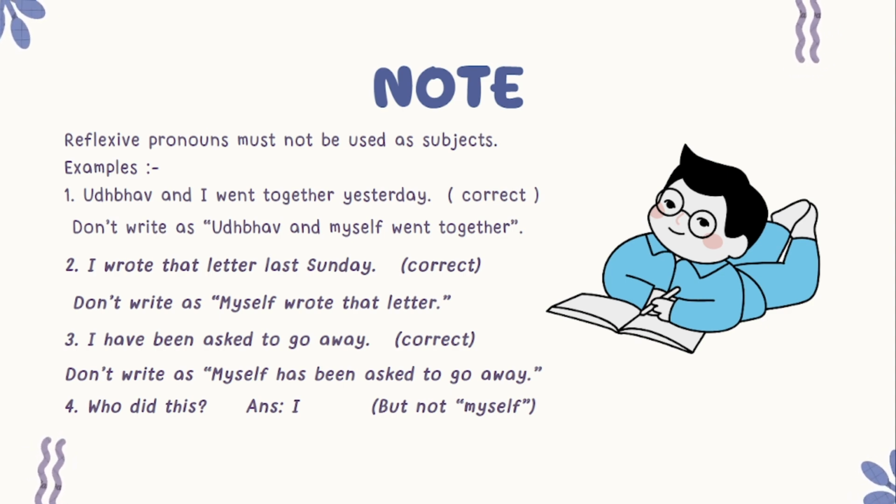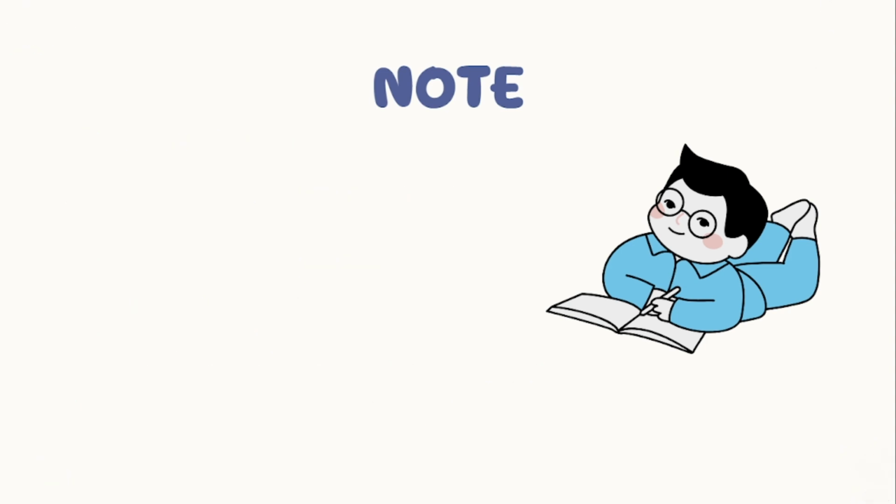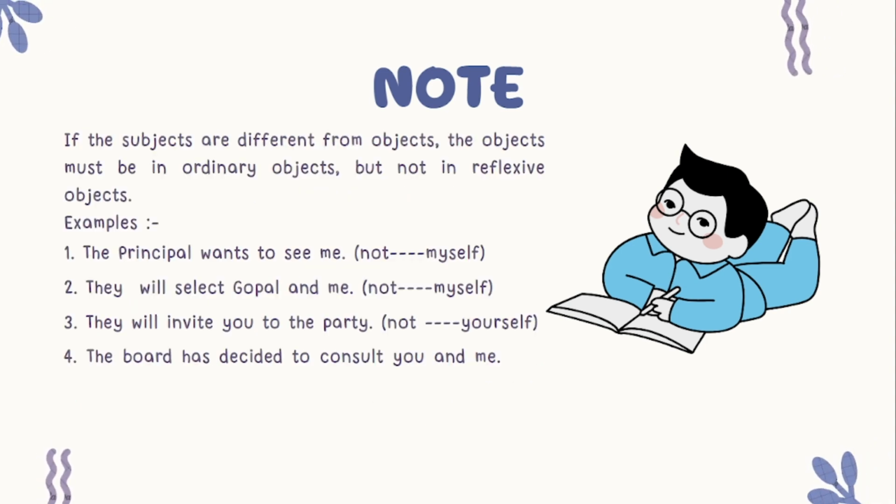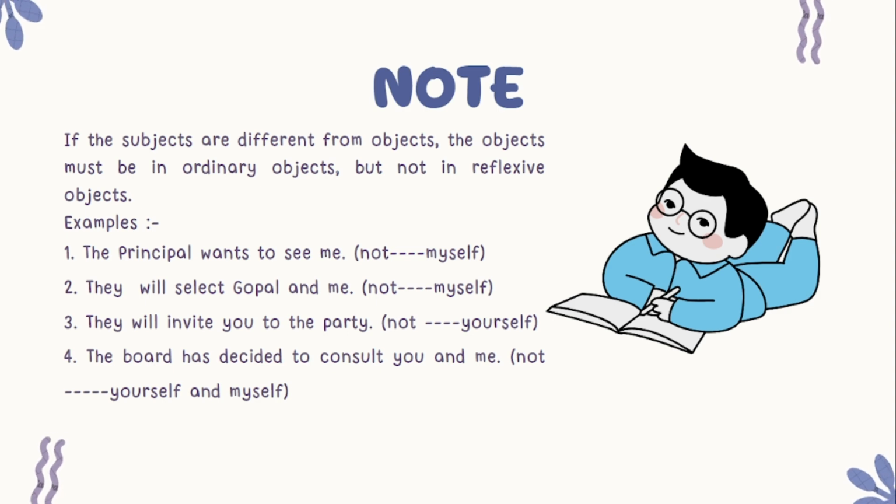So another don'ts. What is it? If the subjects are different from objects, the objects must be in the ordinary objects, but not in reflexive objects. When the doer of the action and the receiver of the action both are different persons, don't use reflexive pronouns. It means when the doer of the action and the receiver of the action both are different, we should not